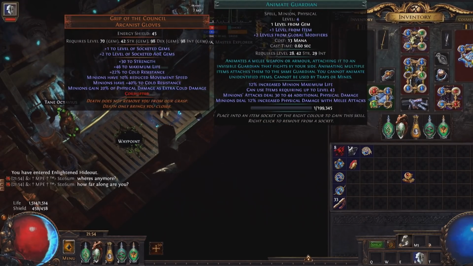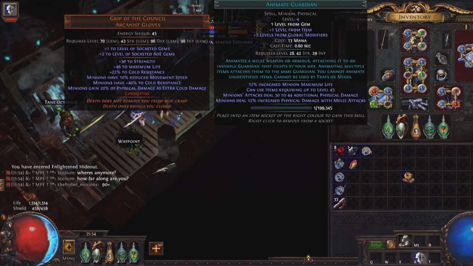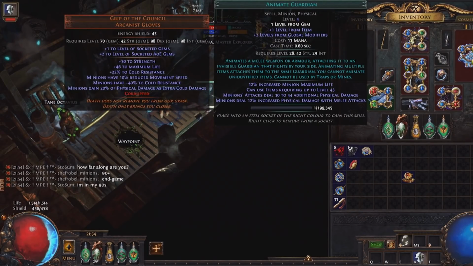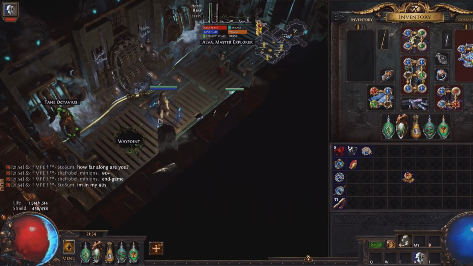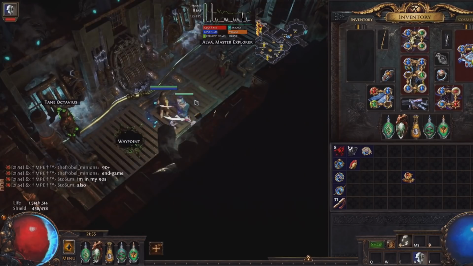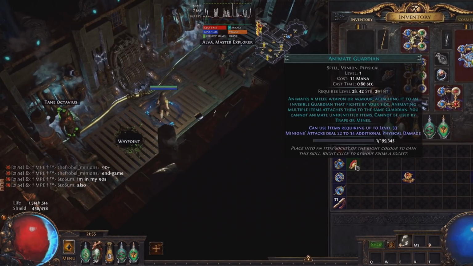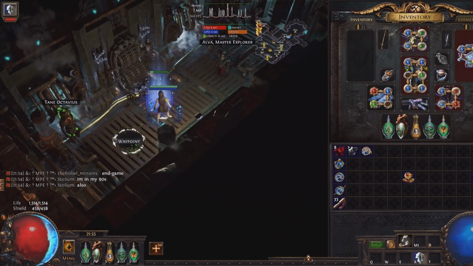If you want to put quality on the gem, that's perfectly fine. You will still be able to resummon him. The gear on this Animate Guardian is not locked in this specific gem. The gear is locked on this specific character, which is in Standard League right now. So if I were to unequip this gem and equip another gem, I can summon him again, and voila,